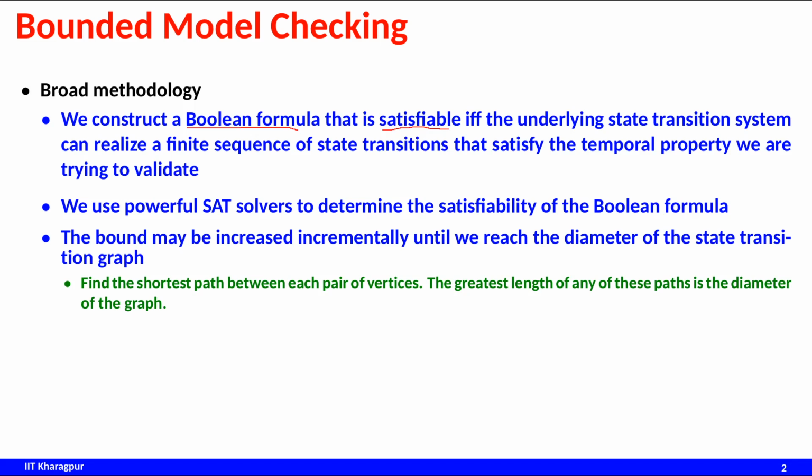So the idea for bounded model checking and the model checking that we have seen earlier is the same. We just need to construct a Boolean formula and verify that, and the rest remains the same: we will be provided with some Kripke structure